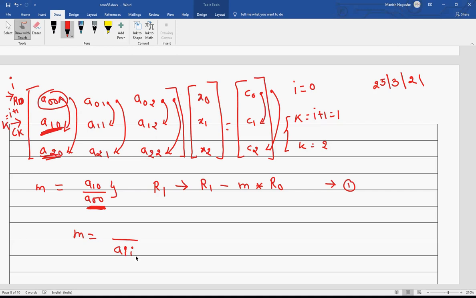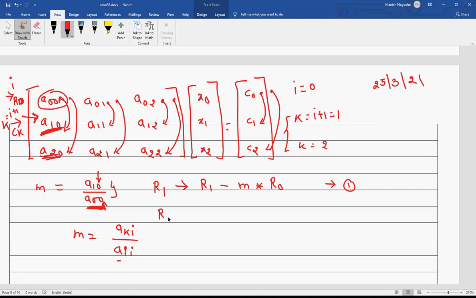In the numerator, the column will always be the column of this, so I write I as the column, and this belongs to my comparative row, which is denoted by variable k. So this is how I get m equal to AKI by AII, because the denominator will always be the diagonal element.